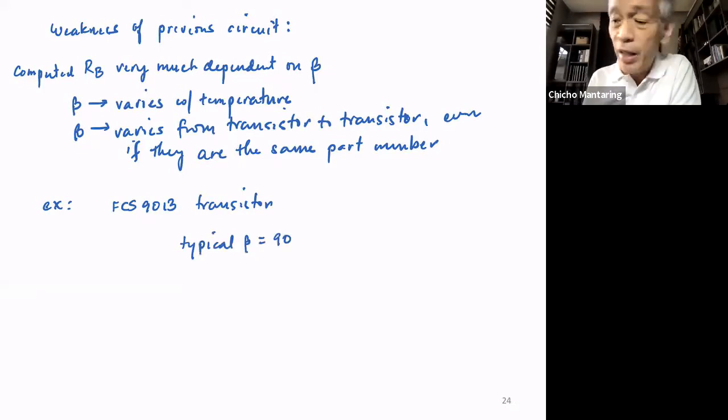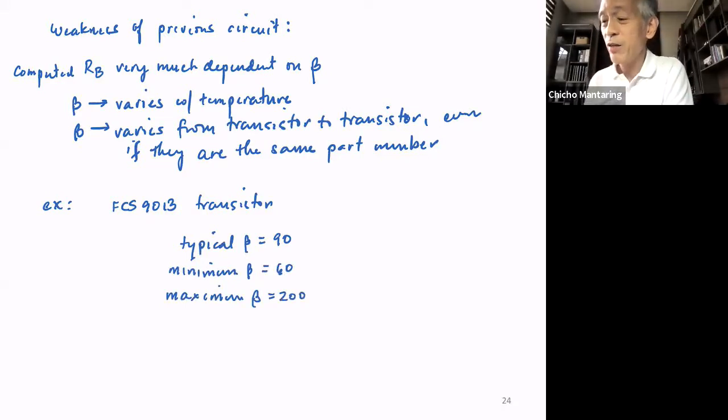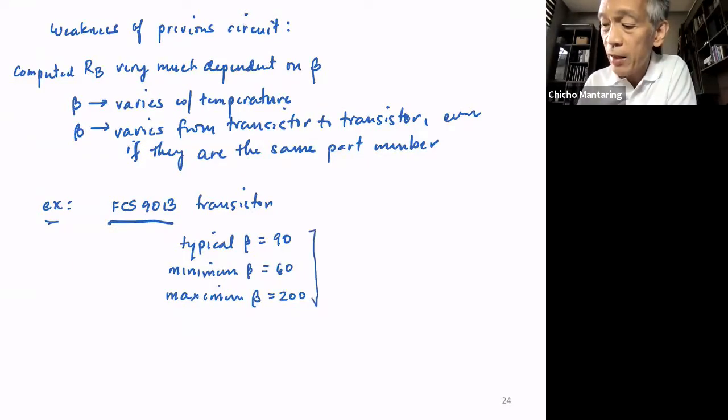But if you take a look at the data sheet, the minimum beta, I think, is 60, and the maximum beta is, if I'm not mistaken, something like 200. No? So anyway, this is just a possible example, no? In other words, it's the same part, it's the same transistor, and yet the range of beta is